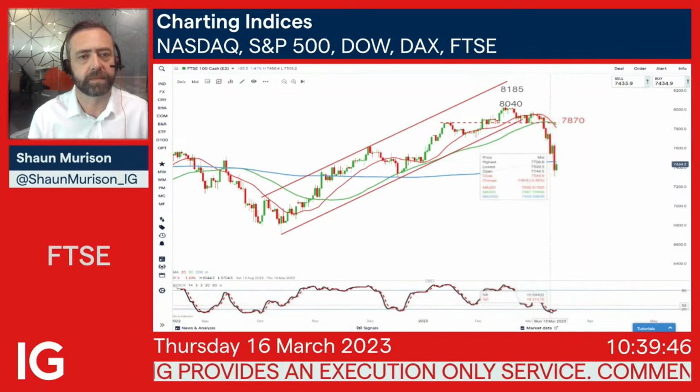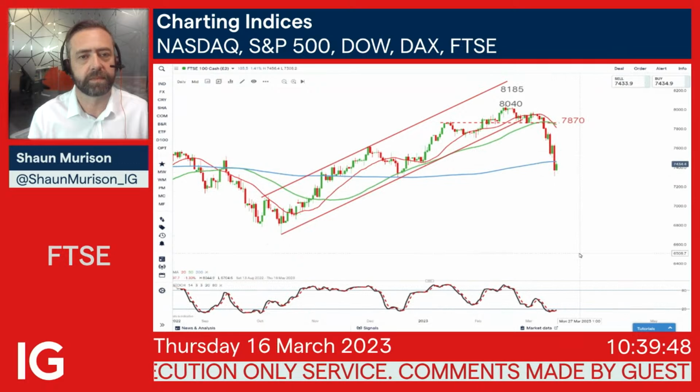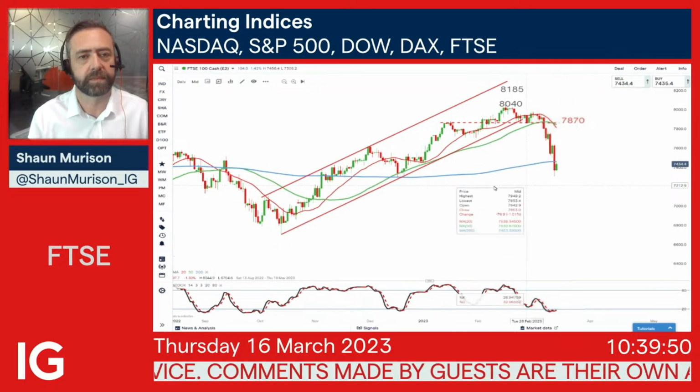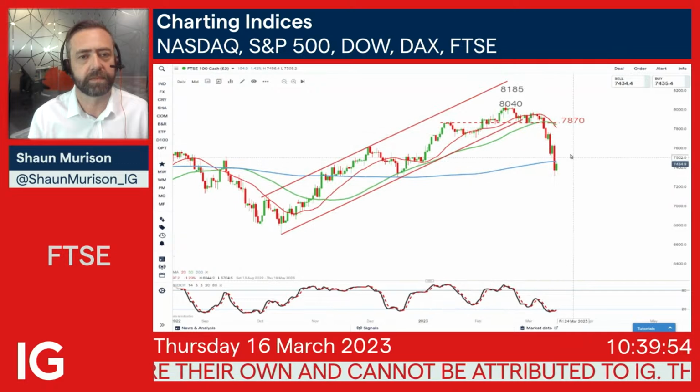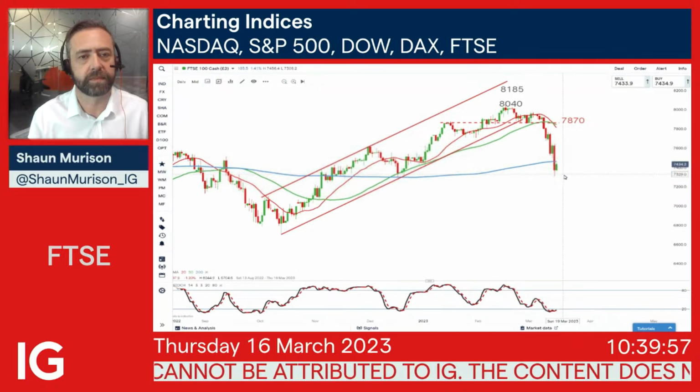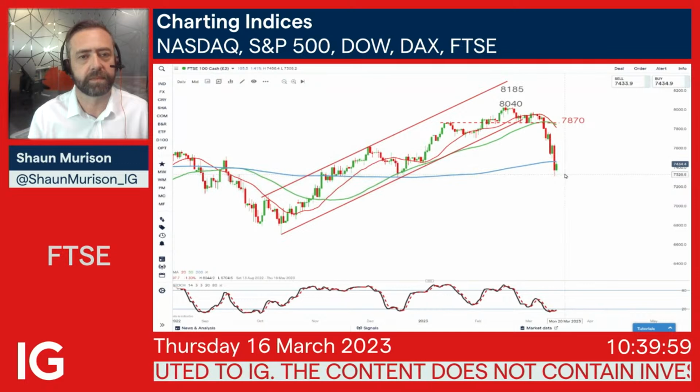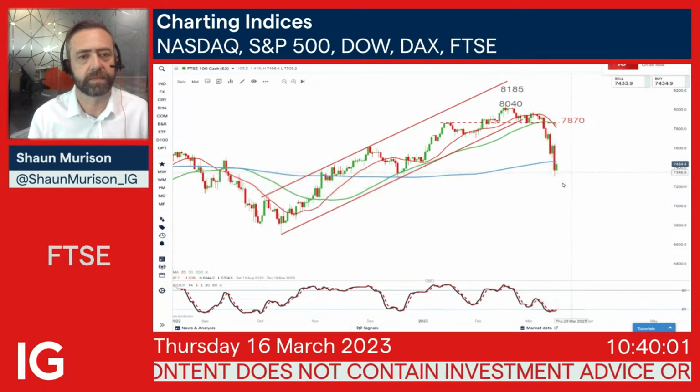So we've got an overbought signal suggesting a bit of a rebound from oversold territory. We've had a break of that 200-day simple moving average, and we've had a bearish cross of the 20 and 50-day simple moving average. Quite a difficult one to assume, but it does look like we could get a bit of a rebound here